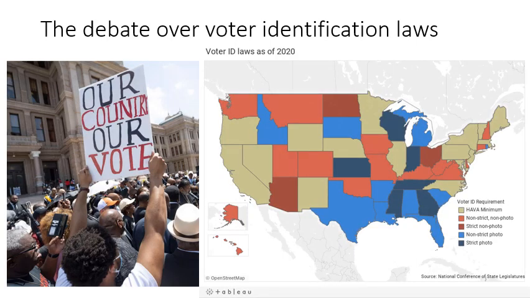Now, I said Texas was the first and at the time the strictest, but Texas hasn't been the only state to enact some kind of voter ID. So right now, there are 35 states that enforce voter identification requirements. 21 of them, like Texas, require photo identification at the polling place, and the remainder accept some other form of identification. And what counts as valid ID differs from state to state. Usually it includes driver's licenses, military identification cards, state-issued identification cards, and so on.